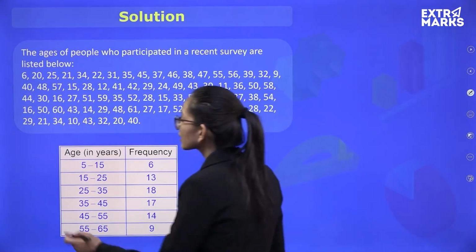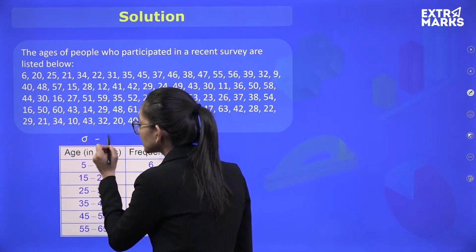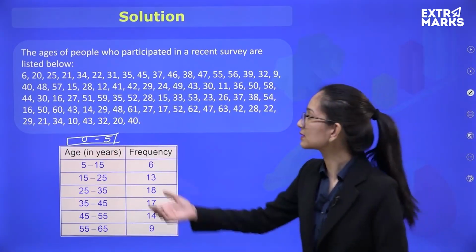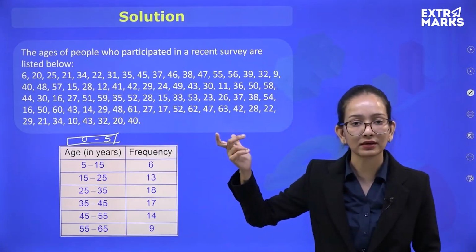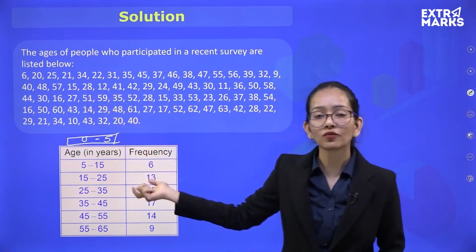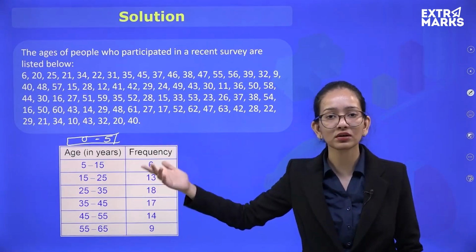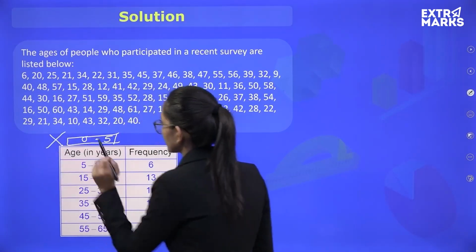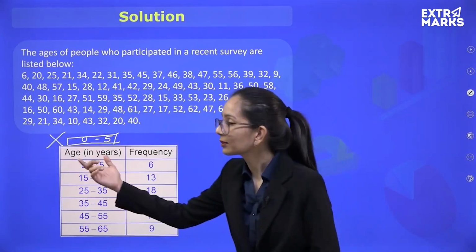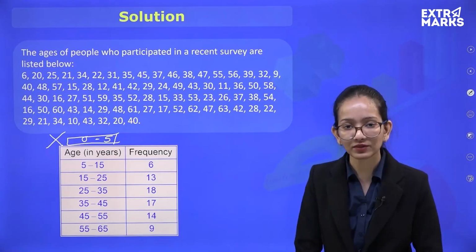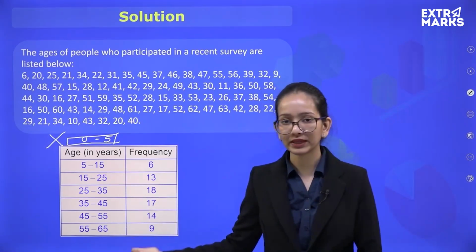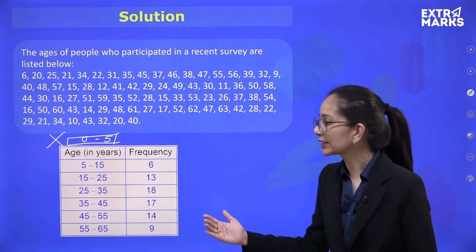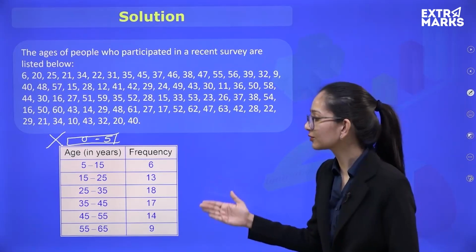Why have I not considered the age group between 0 to 5? As there are no people in this age group in this particular data. There is no person here of 1 year, 2 years, 3 years or 4 years, right? So that's why I have not considered this age group. I started making the age groups from 5 years: first 5 to 15, then 15 to 25, 25 to 35, 35 to 45, 45 to 55